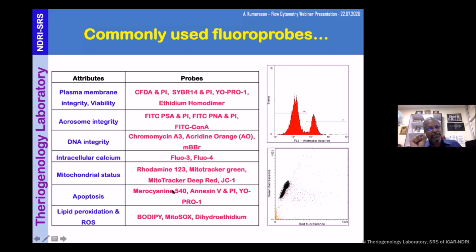Then lipid peroxidation is assessed by BODIPY, and ROS by MitoSOX and dihydroethidium. MitoSOX is very good. It is not red before entering the cell, but once it enters and is oxidized by superoxide, it gives a red color, and that is detected. That's how it indicates the mitochondrial status of ROS,